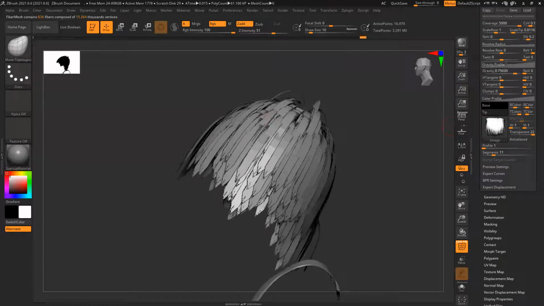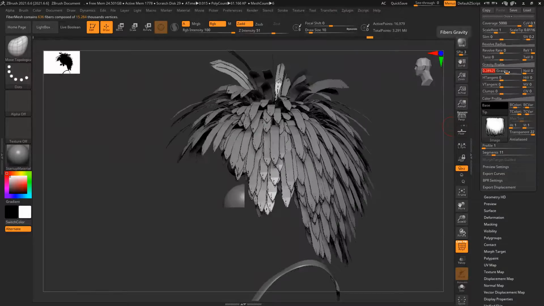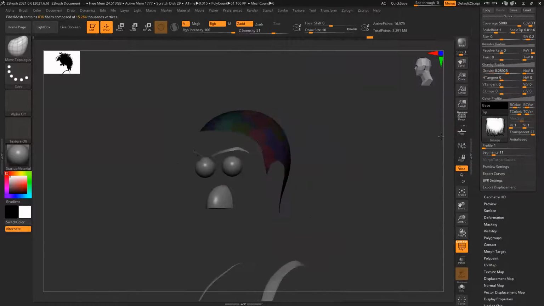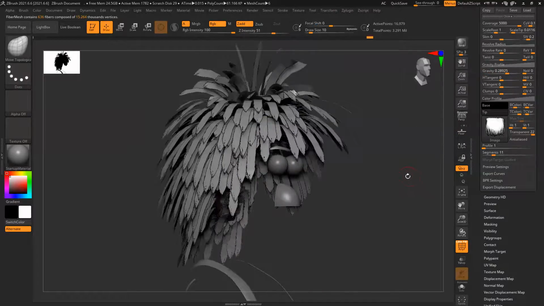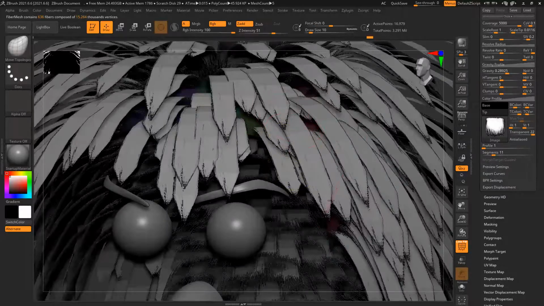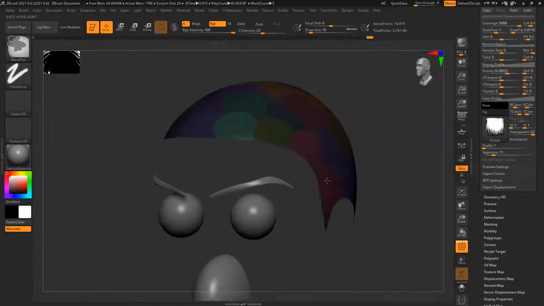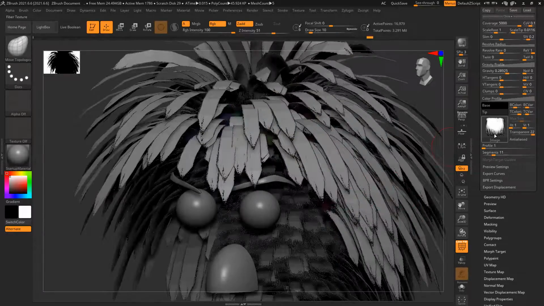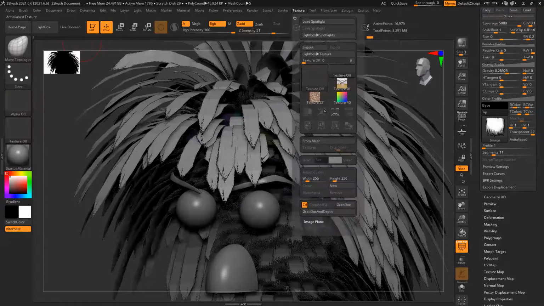Gravity right now, let's see. Make them look like this. So right now, if I apply this, I can see all the alpha cards have this thing. For the texture, I guess I need to flip because ZBrush UVs are flipped.